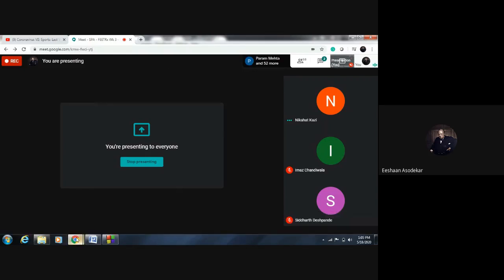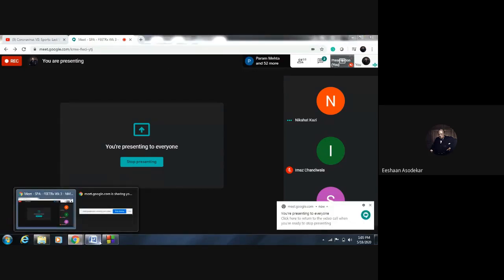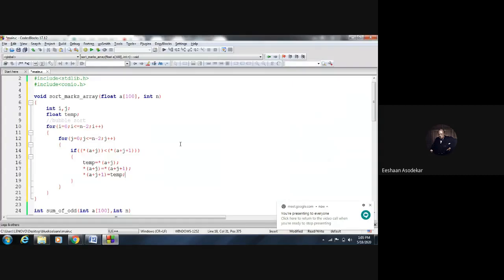Yes, ma'am. So we'll need n minus 2 passes for the inner loop itself, and then we have to do it n minus 2 times in a way. Actually, he has written less than equal to n minus 2. That means n minus 1 passes somewhere. So the exact number of passes is n minus 1, right? Yes, the number of passes is n minus 1. Yes, Samay?